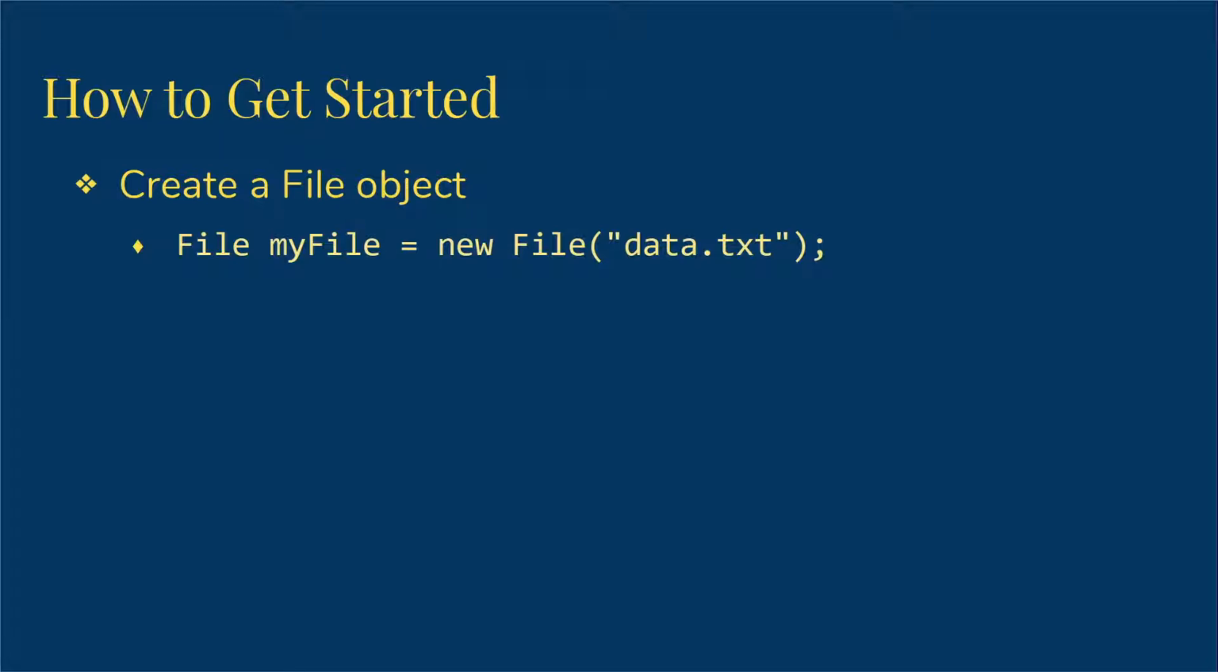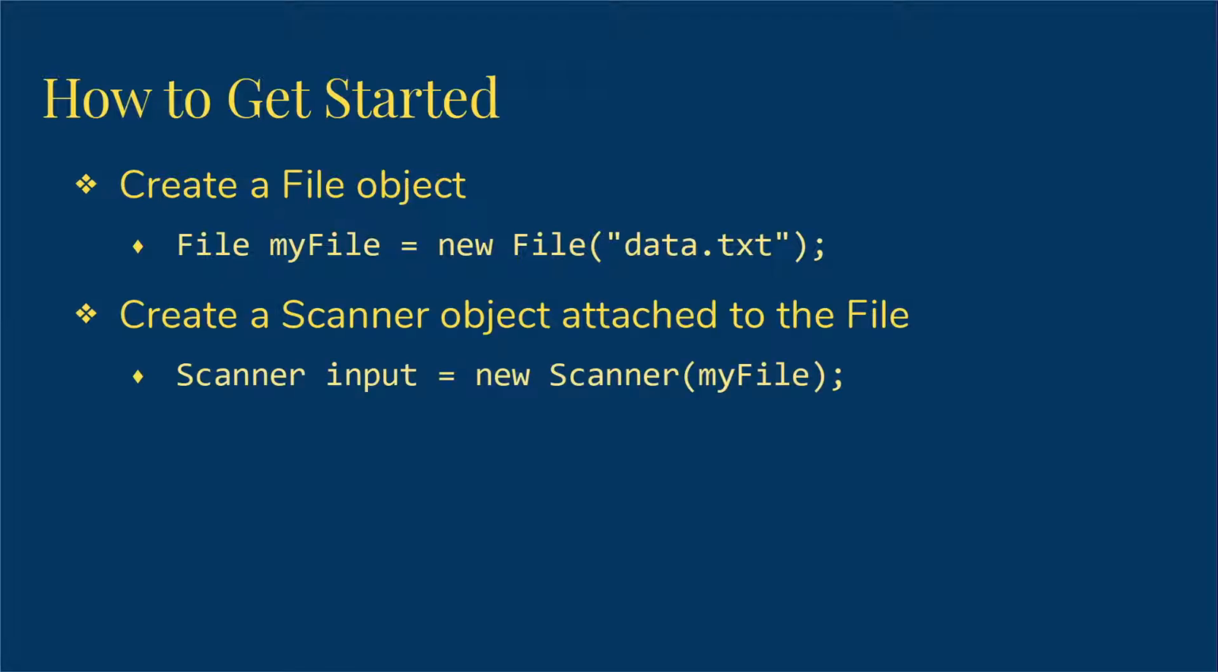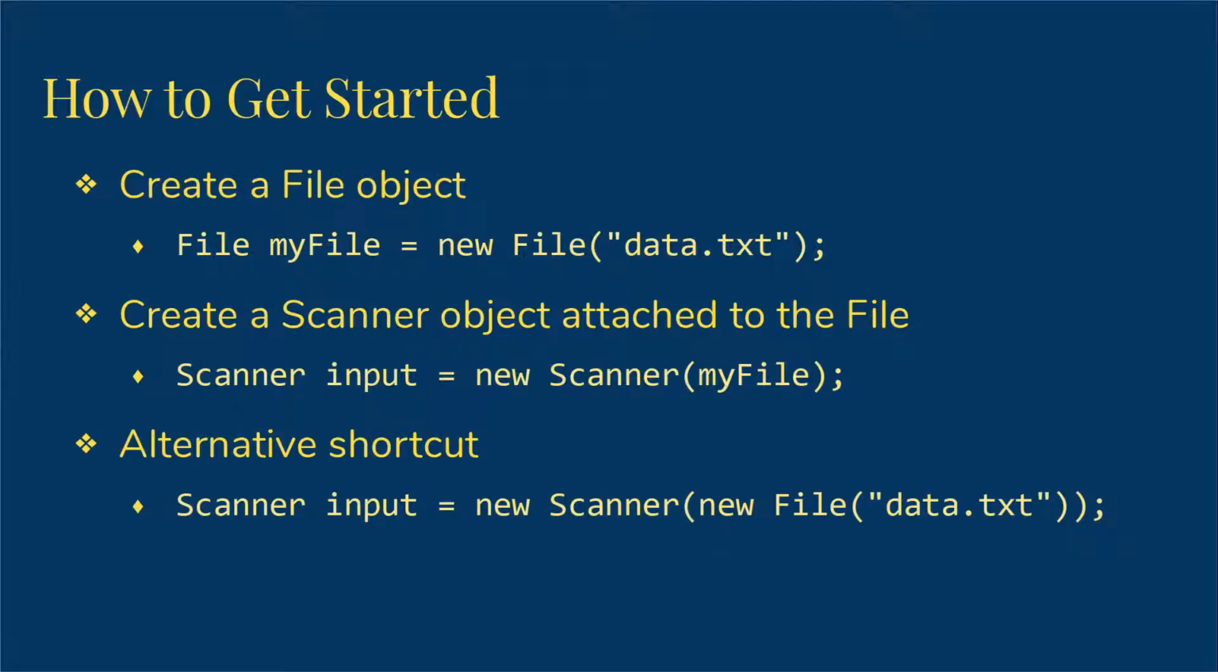We start by creating a file object connected to the file we want to read. Here we create a file object for a file named data.txt. We can then create a scanner object just like we usually do, except that we attach the scanner to our file instead of to System.in. We can do both of those things in one statement. So this third statement, Scanner input = new Scanner(new File("data.txt")), is exactly the same as the combination of the first two statements, except that we don't have a variable to keep track of the file,